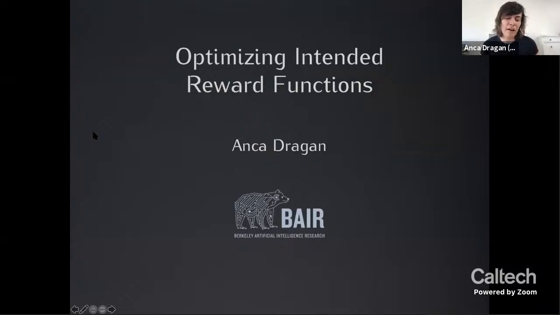I wanted to talk today about something a little bit different, which is essentially this cost function itself, and the learning that arguably needs to go into figuring out what the right cost function is for any particular real world task that you want the system to accomplish. So it's a slightly different take on learning for control. And I wanted to give an idea of how I got started thinking more deeply about this problem.